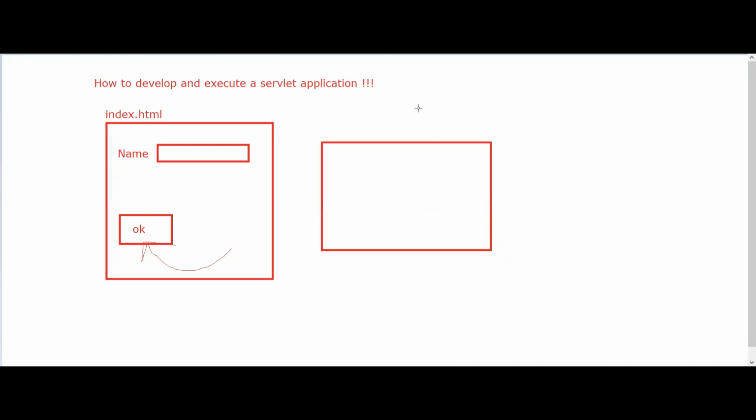Let the servlet, which is nothing but a .java file, be named, suppose, FirstServlet.java. This servlet will contain the business logic.